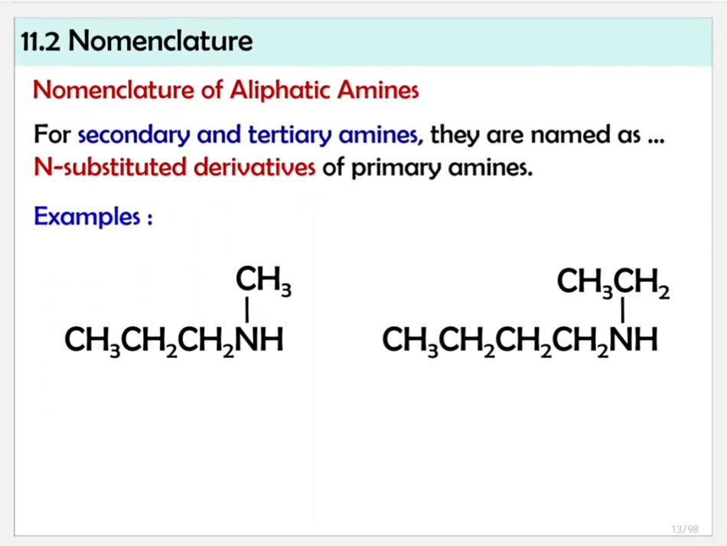So, for secondary and tertiary amines, the naming is a little different. Just a little. They are named as substituted derivatives of primary amines. Okay, so looking at this, you probably still don't understand. So, let's go straight to an example. For this one, we find the longest chain